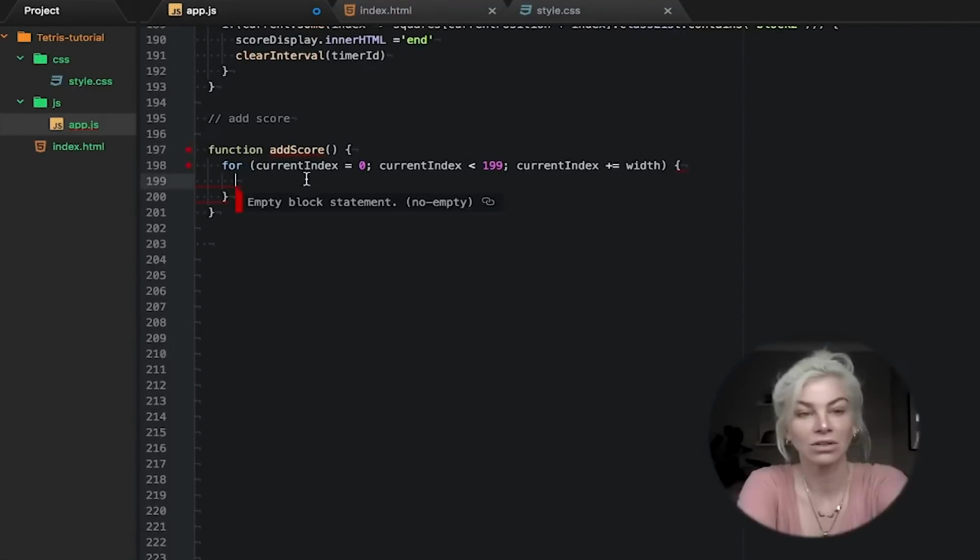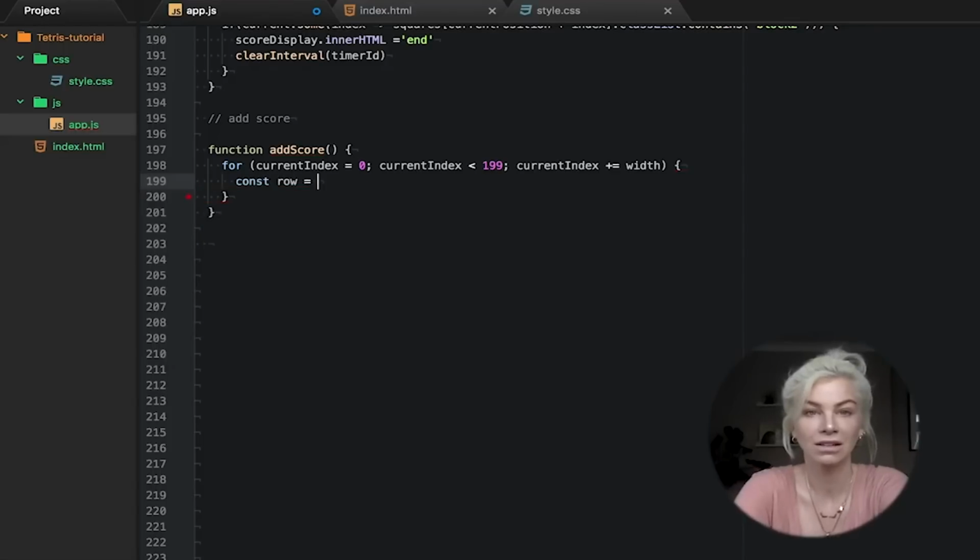Let's start by defining a constant row, like this.